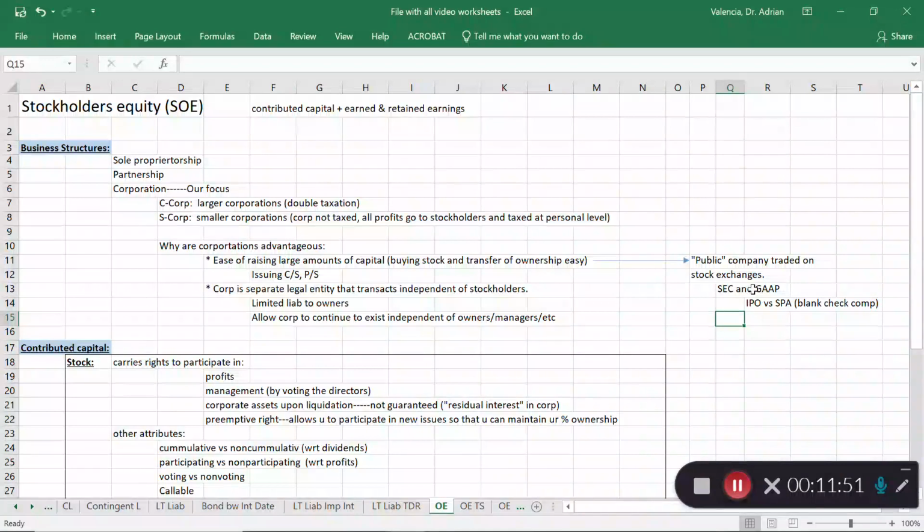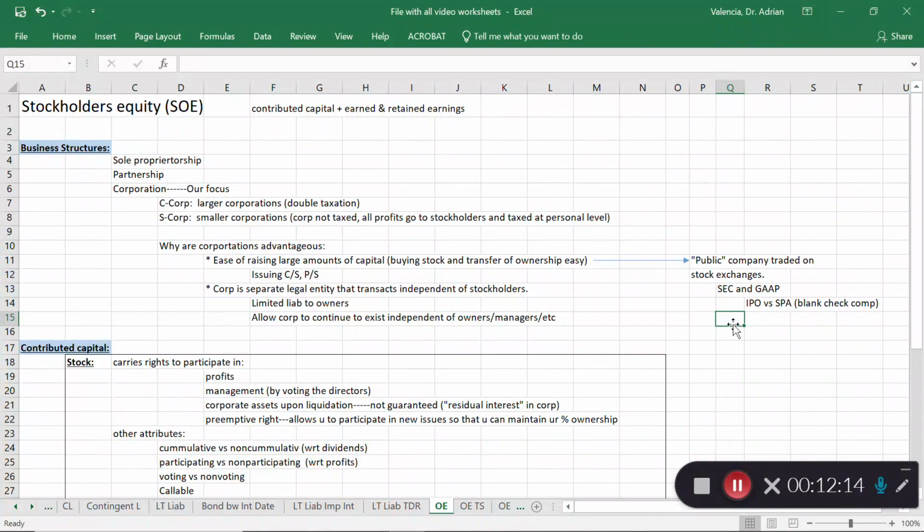And because of that, there's SEC reporting requirements that are very strict and have to be complied with. Whereas this has become a way where companies are finding a way to merge with these blank check companies that have the funding, and it allows them to raise capital, but the reporting requirements are not as stringent. So these are riskier types of companies to invest in.